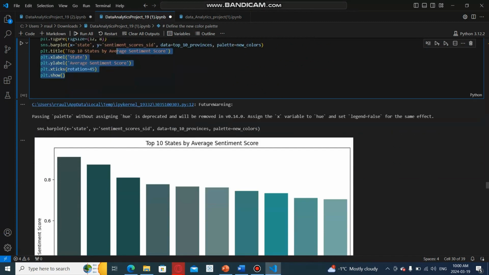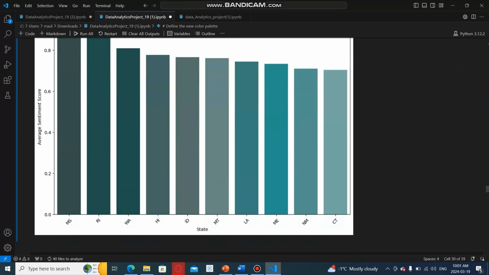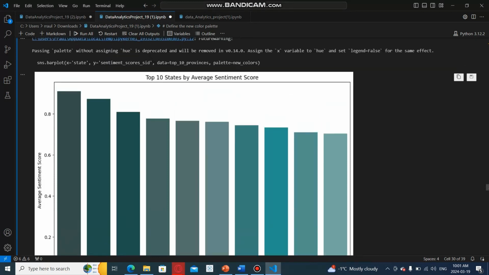The plot helps us in understanding the distribution of sentiment scores across the top 10 states. This could be used in sentiment analysis of social media posts and reviews to understand the general sentiment of people in different states. As you can see here, Mississippi, Rhode Island, and Washington have the highest average sentiment